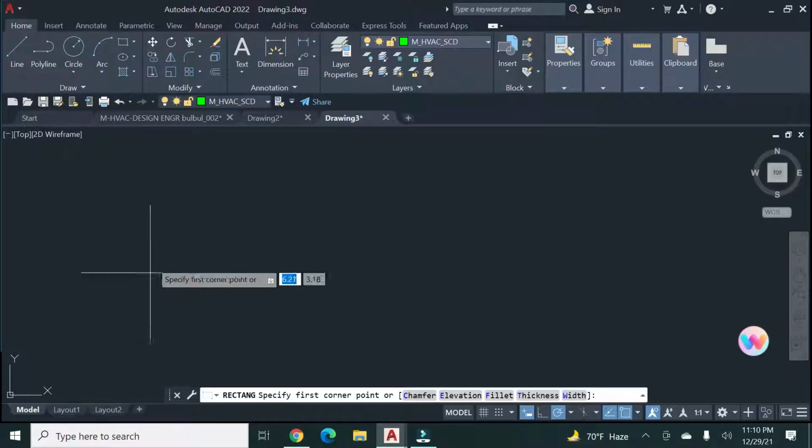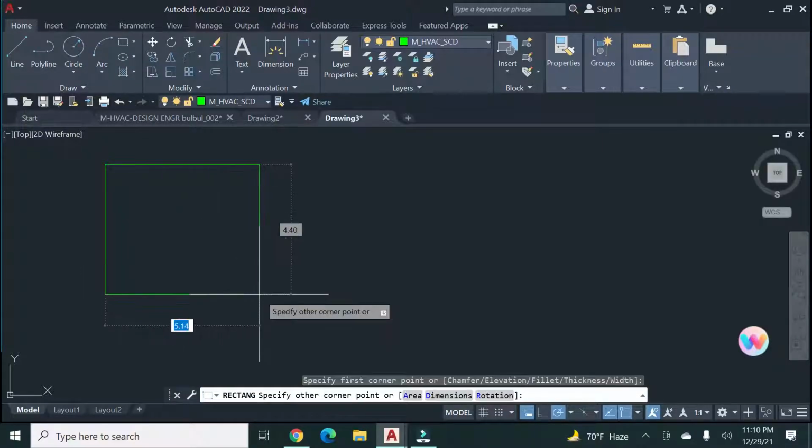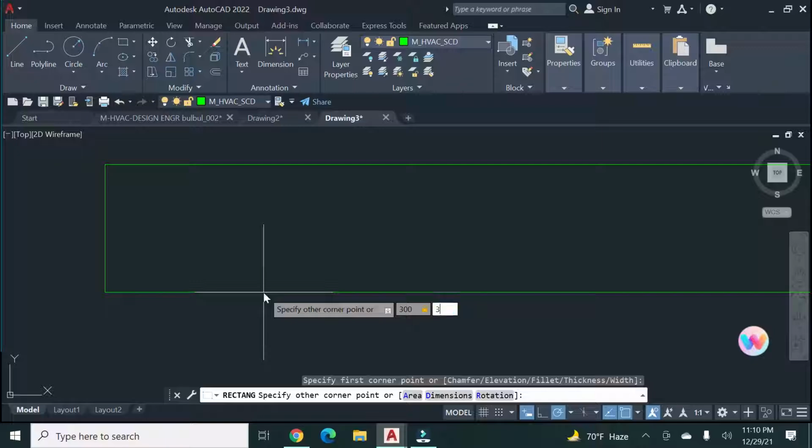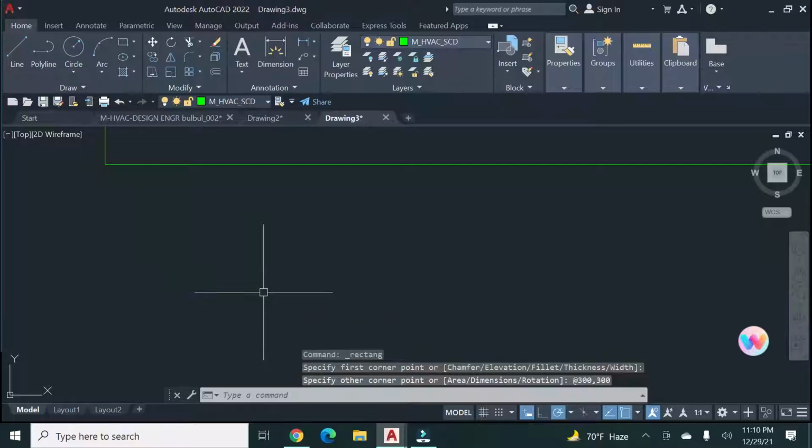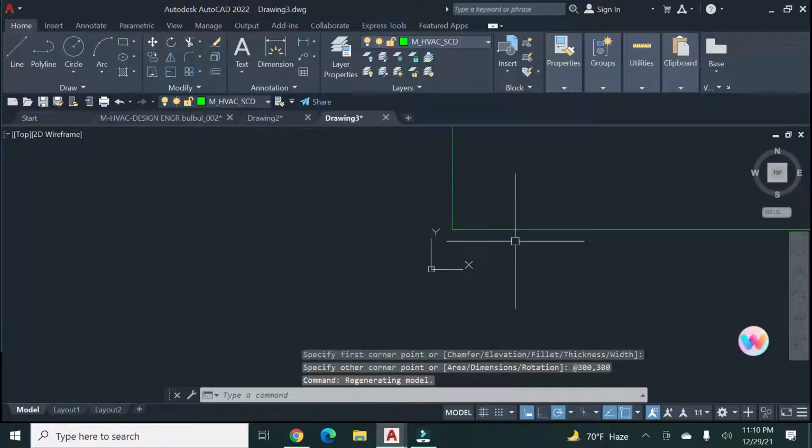I will take size 300 by 300. So select 300 comma 300, enter. Okay, zoom out.